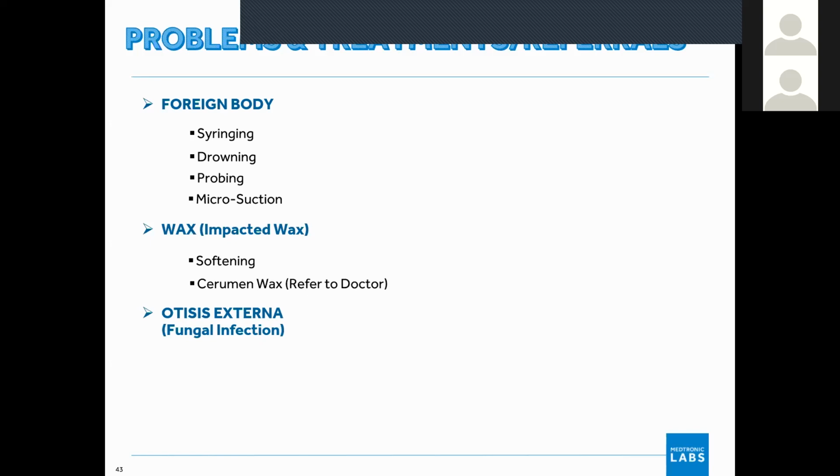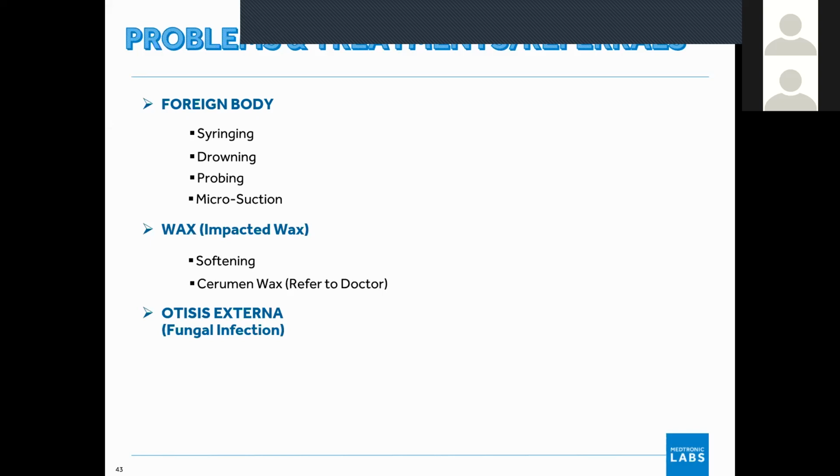So if the sound waves travel via the auditory canal, 100% of the sound wave will not be able to reach the tympanic membrane, because the wall-like structure created by this impacted wax will not allow 100% of the sound traveling to reach the tympanic membrane. So again, here, impacted wax